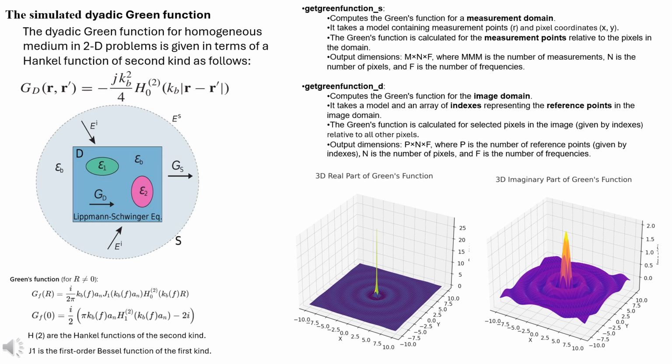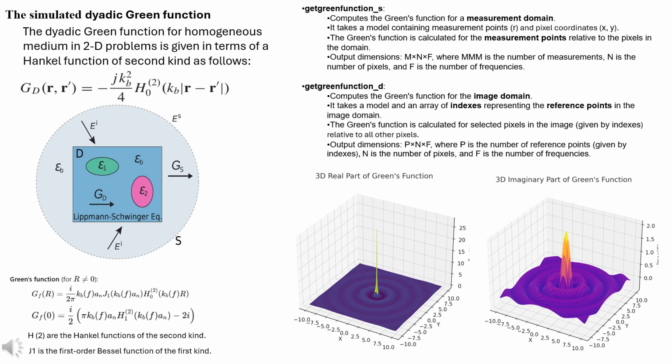The first method, labeled getGreenFunction(S), computes the Green function for a measurement domain. This method takes in a model that contains both the measurement points, denoted R, and the pixel coordinates, x, y, of the domain. The Green function is calculated for the measurement points relative to the pixels in the domain. The output is in the form of a 3D matrix with dimensions m times n times f, where m is the number of measurements, n is the number of pixels, and f represents the number of frequencies at which the